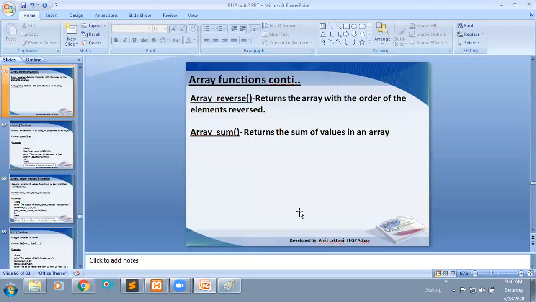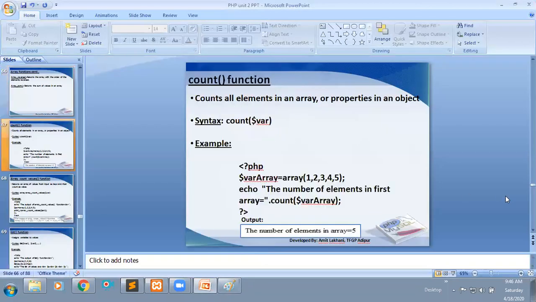Programmatically you can observe here how you can use this count function. Here I have taken one array, just like what I showed. This array has 5 elements. I'm just counting the number of elements within this array, and it will directly give 5 here. I'm using count on that array, and it will return the total number of array elements.